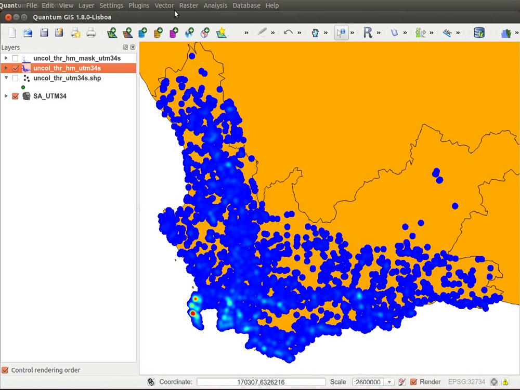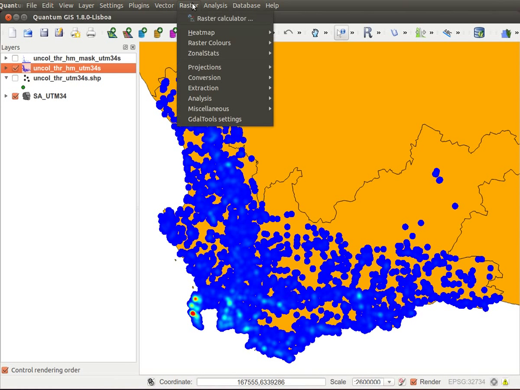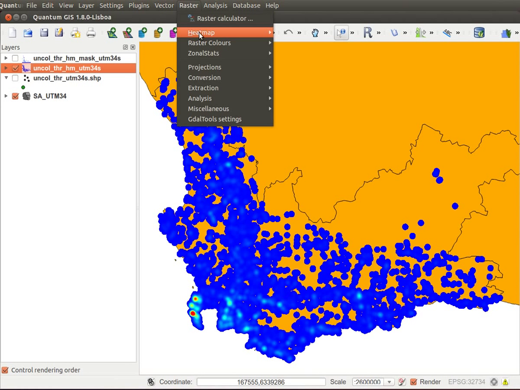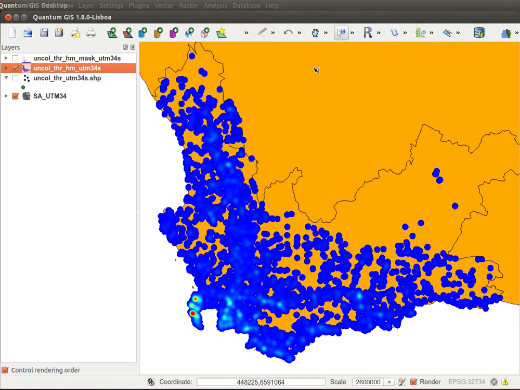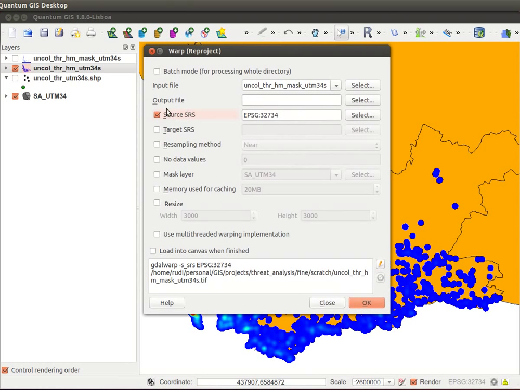Yeah, so what I want to do is reset that so that the no data value is actually 0, and it just comes out with, in my experience, a bit cleaner results. So to do that, I'm going to go to raster projections warp, and choose your input file. So that was that one. Don't set any CRS values, but set the no data value as 0, and then load that